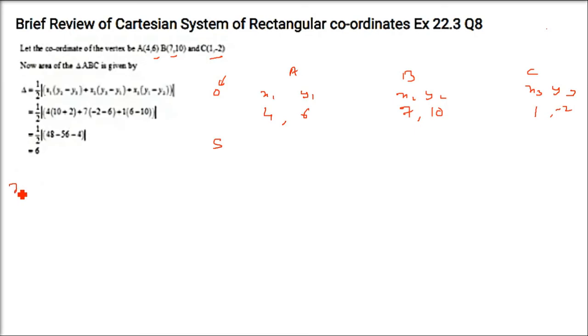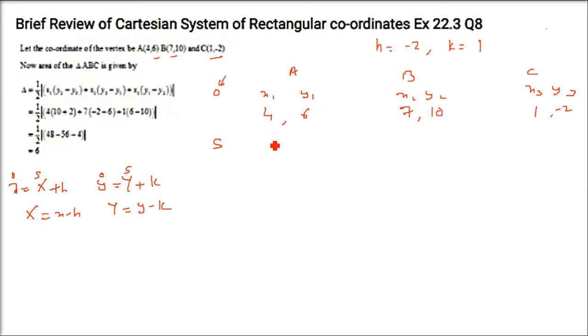Now what will be the shifted points? We know small x equals capital X plus h, small y equals capital Y plus k. Now we have this small x and small y are the original, capital X, capital Y are shifted. So the shifted value will be capital X equals small x minus h, capital Y equals small y minus k, right? Now h and k is given here, minus 2 and 1. So h is minus 2, k is 1.